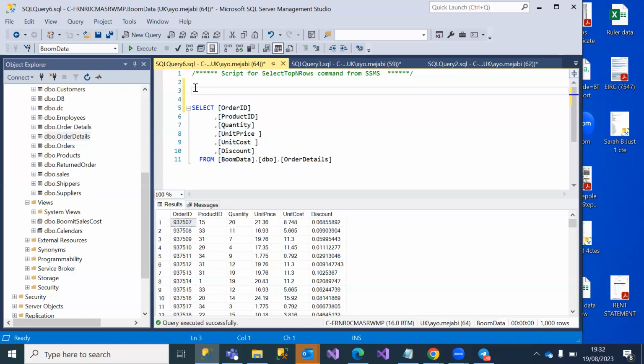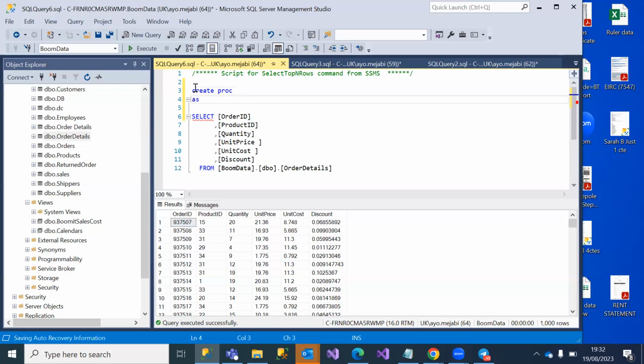Then at the start of it, you wrap it around, and you just say create procedure, or create proc, whichever one you want to use. Create procedure or create proc. Then you give it a name: create procedure dbo dot, let's just say, order details.